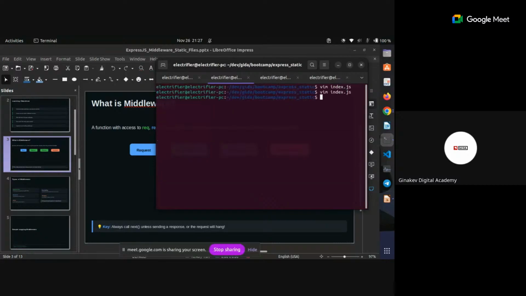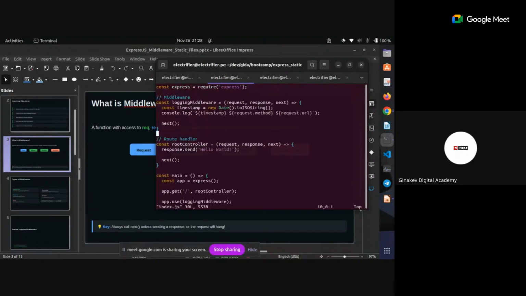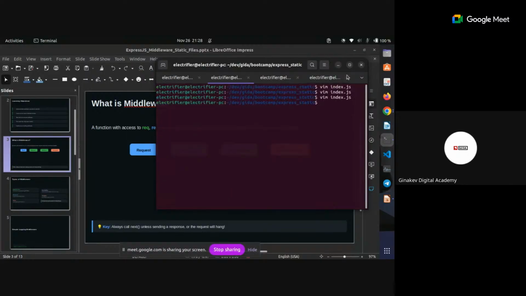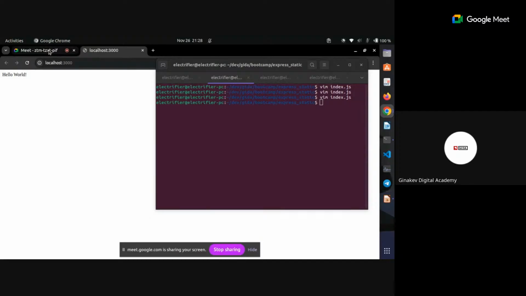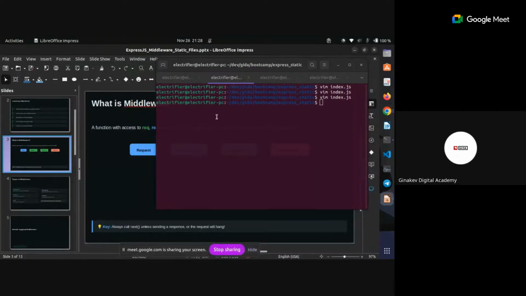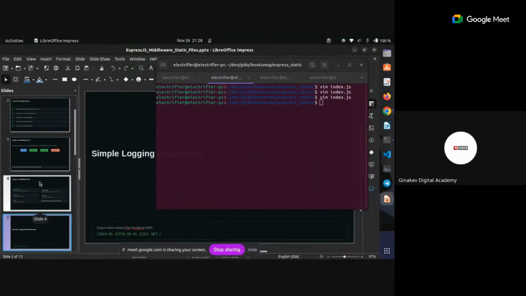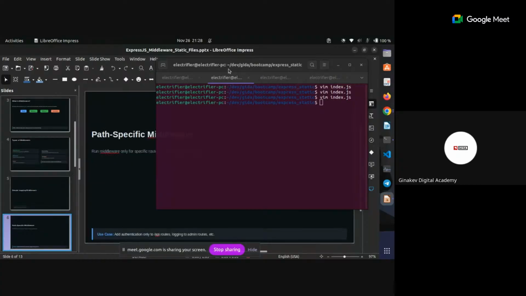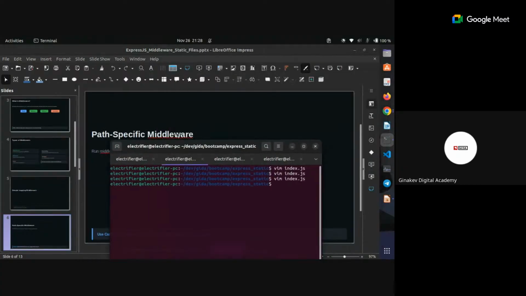All right. So you always call this next. This is just one of the core features of Express.js. Let's see, that is it for the login middleware, and then